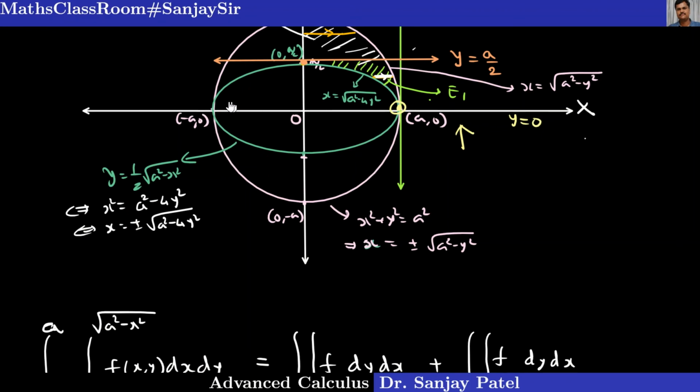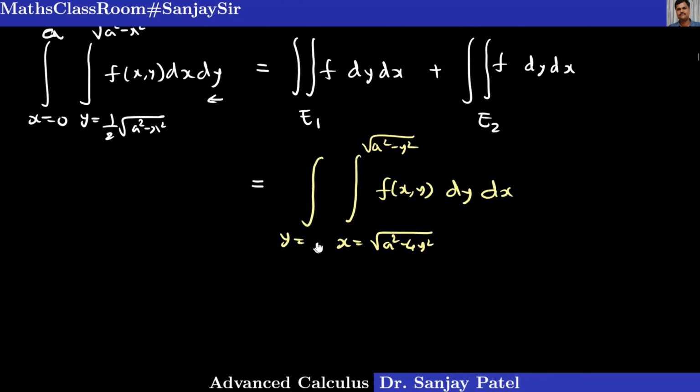So you can say this line y equal to 0 is the line through which we are entering the region, and when you come out of the region, the last line in this region E1 is y equal to a by 2. So region E1 is bounded between y equal to 0, the x-axis, y equal to a by 2, and the two curves, the ellipse x equal to square root of a square minus 4y square, and the circle x equal to square root of a square minus y square. So I should write the limits of y as 0 to a by 2 for the region E1, plus